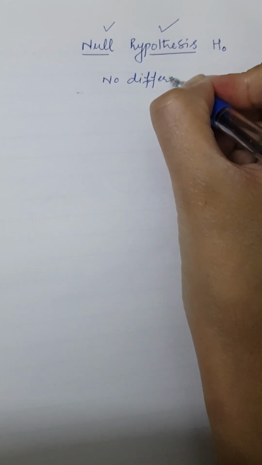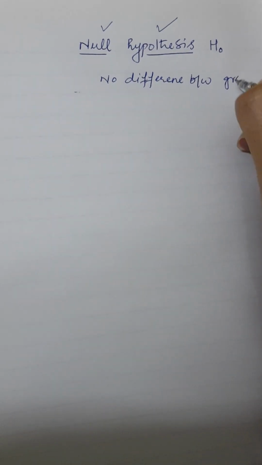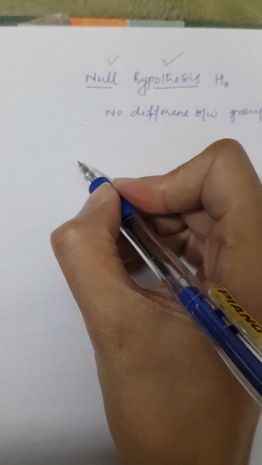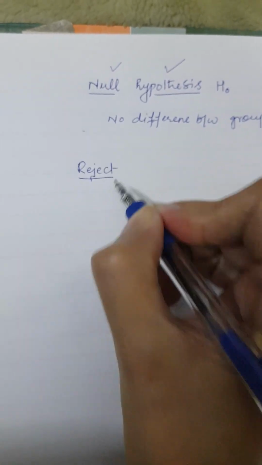There is no difference between the groups or between the variables. We start by thinking that there is no difference between the groups. There is no difference between the two variables, and this is the null hypothesis. Now, obviously, either we will reject this after our research, or we will